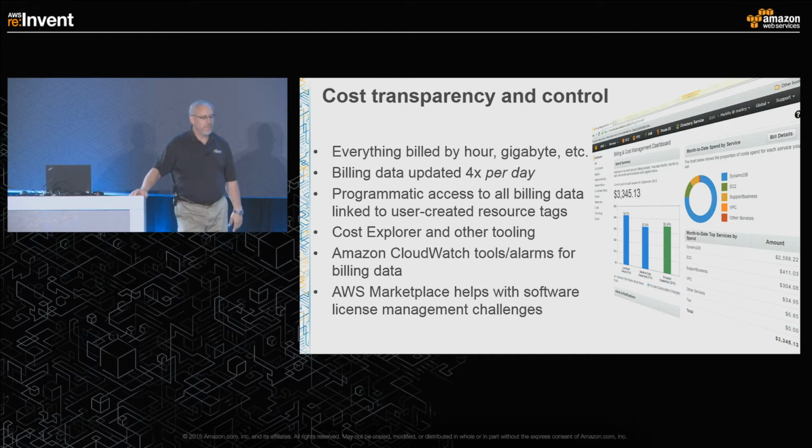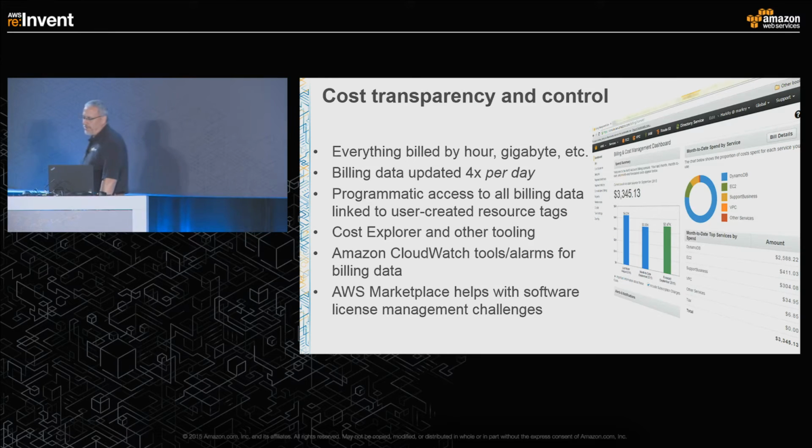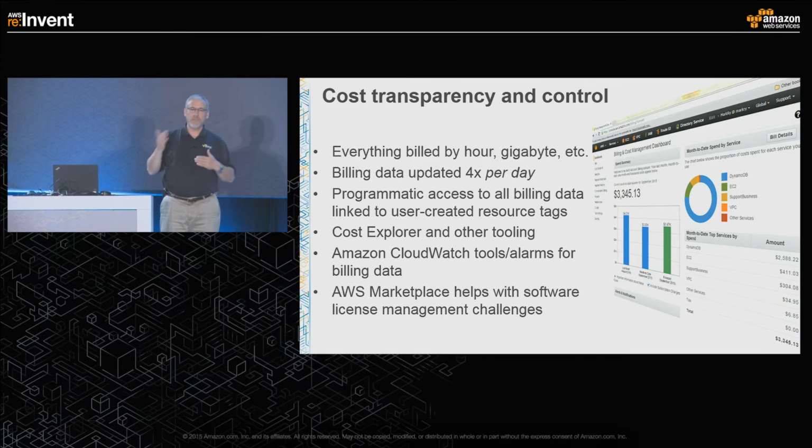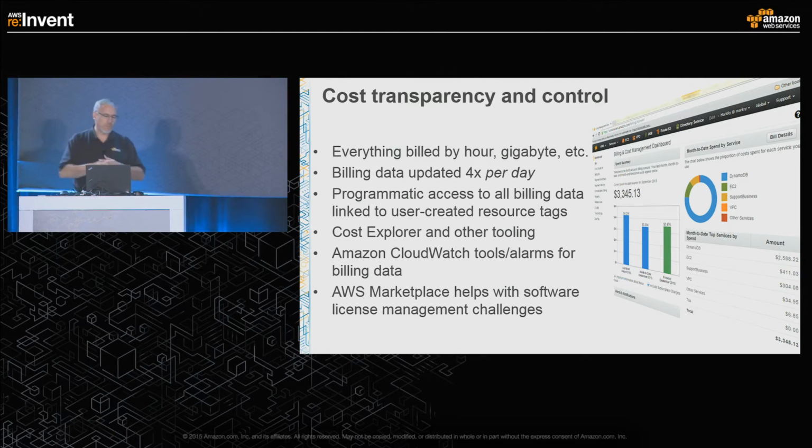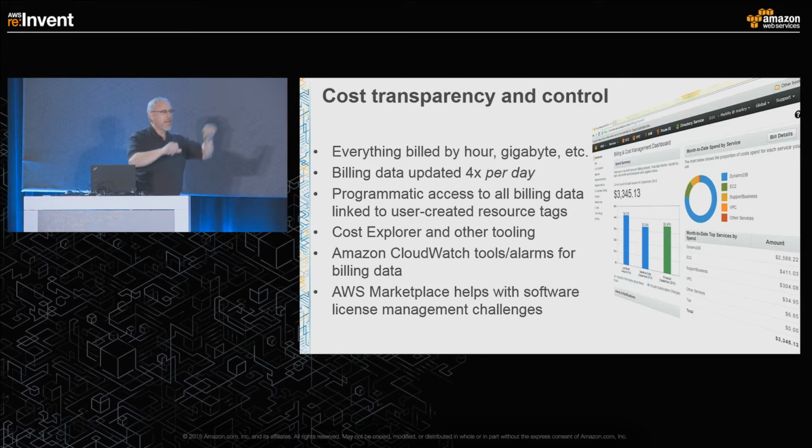You can enable that through the API or the command line or the console. And that up-to-date data can be consumed into another system, analyzed by third-party systems, or you can build your own analysis, and we provide some reasonably good UI on top of that as well. We have something called Cost Explorer, which allows you to do some basic charting and graphing and alerting on costs. You can aggregate multiple accounts into the Cost Explorer, whether it's child and parent billing accounts or just peer accounts. And bottom line, you can now see exactly what's going on in your environment from a cost